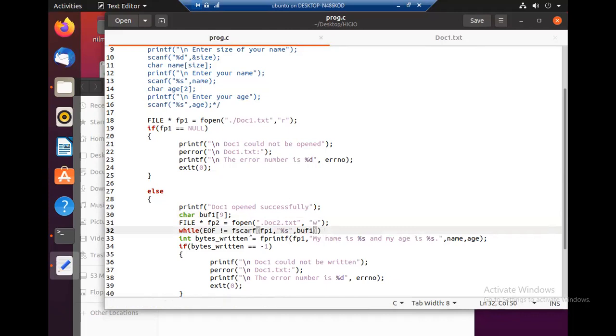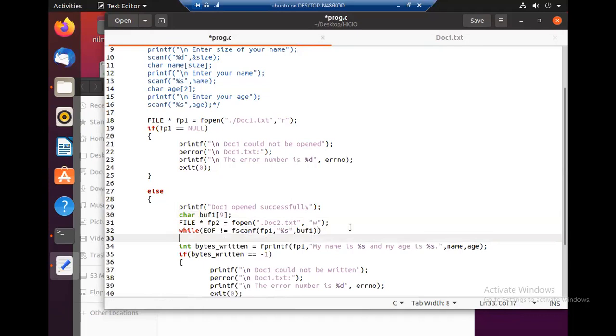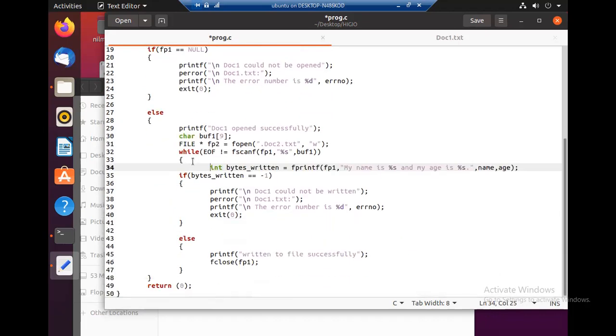So while this is not true, once we check this, we have to print at the same time.